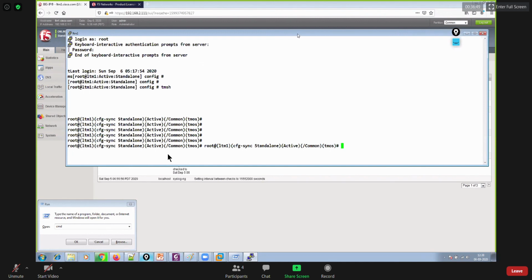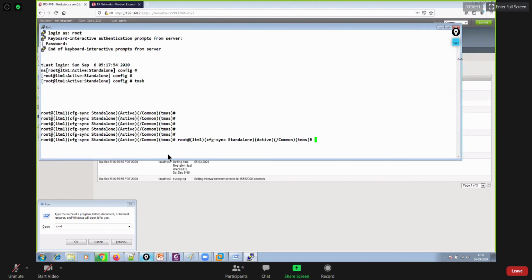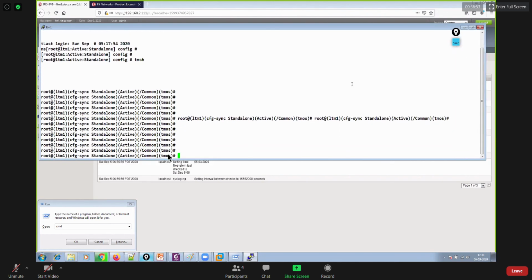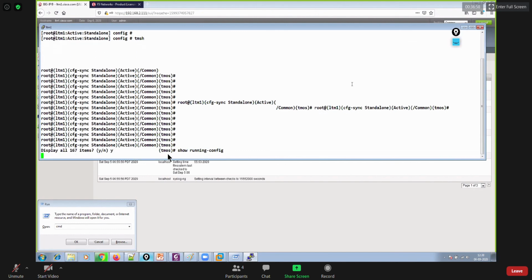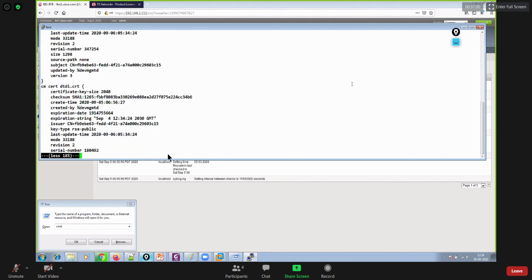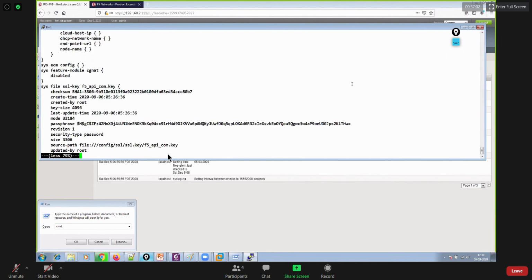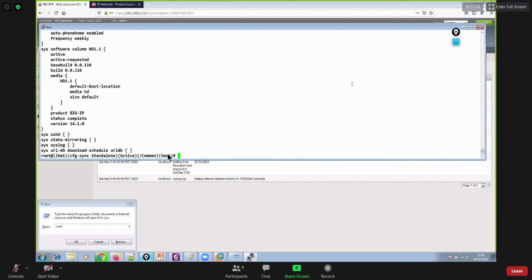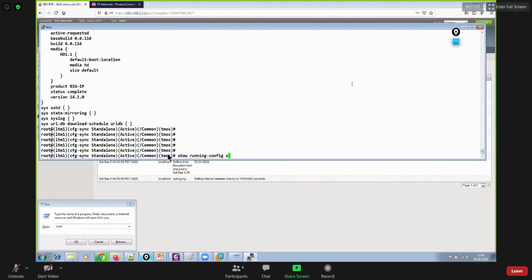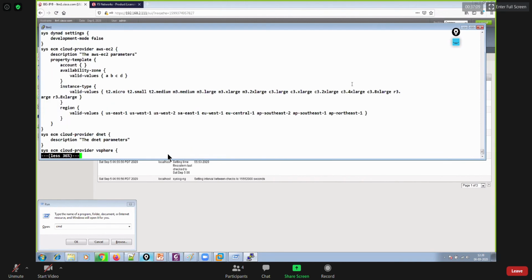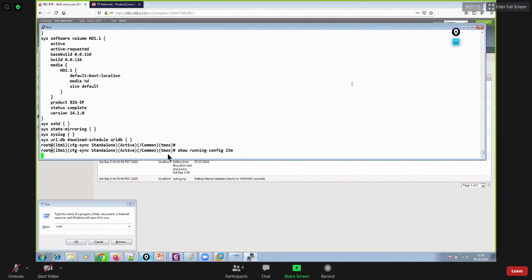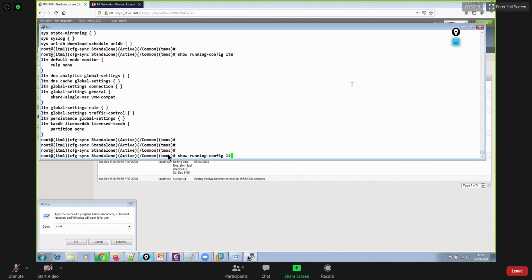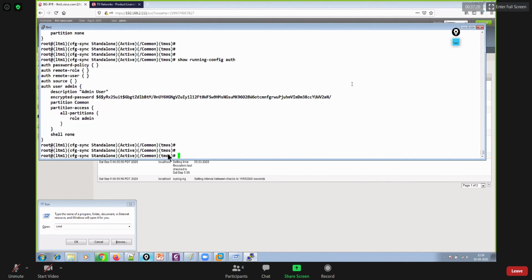Using TMSH, now I'm inside TMOS, and under TMOS, you will be using all of the commands from TMOS only. So make sure to run the running config like this. It will display the entire running config, right? That's the running config that you currently have on this BIG-IP box, right? But you could also look at the running config only for system, right? And thereafter you could see only for LTM. That's the running config only for LTM. And similarly, you could also look at the authentication. That's your user ID and password.